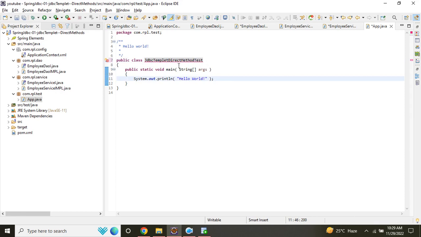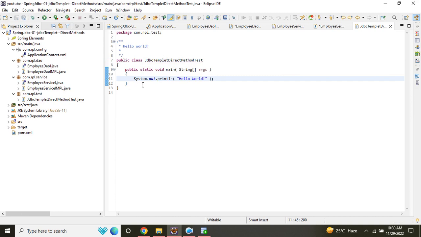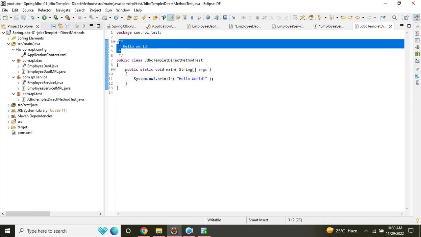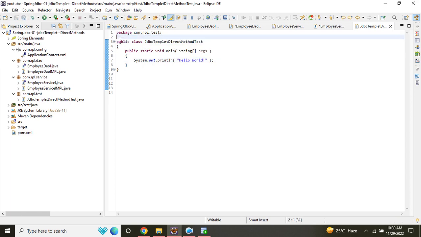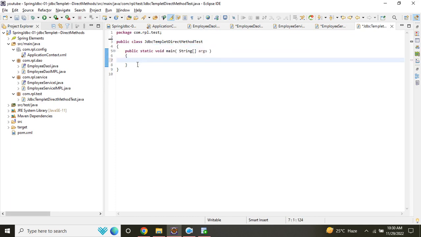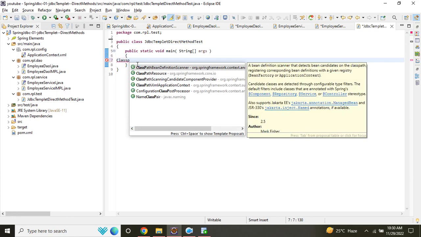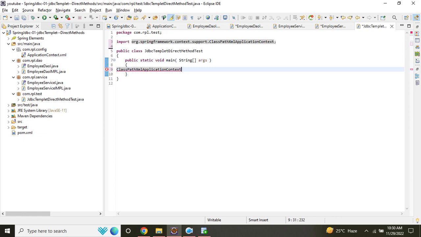Then rename the file here, and this other stuff is not required. We will create our ClassPathApplicationContext here: ctx is equal to